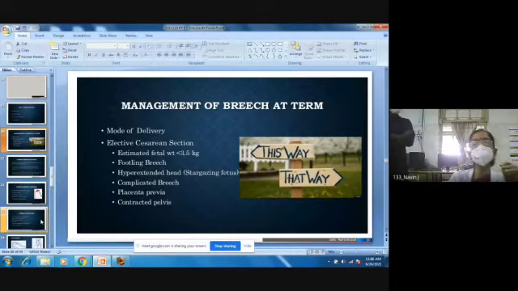When it is presenting as footling or a knee presentation, what can happen? Because it's an ill-fitting presenting part, you can have cord prolapse. Okay, then you lose the baby. So when you have a footling breech, it's always better to do a cesarean section. When the attitude of the head is hyperextended, I told you, when you see on scan, you find the baby is looking up as if it's counting the stars, the star gazing sign. You should never allow for a vaginal delivery.